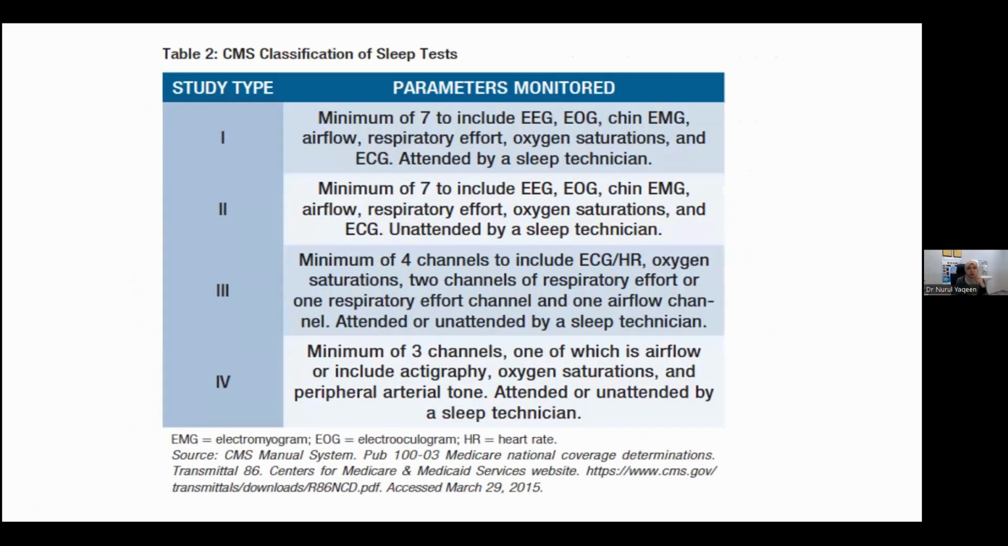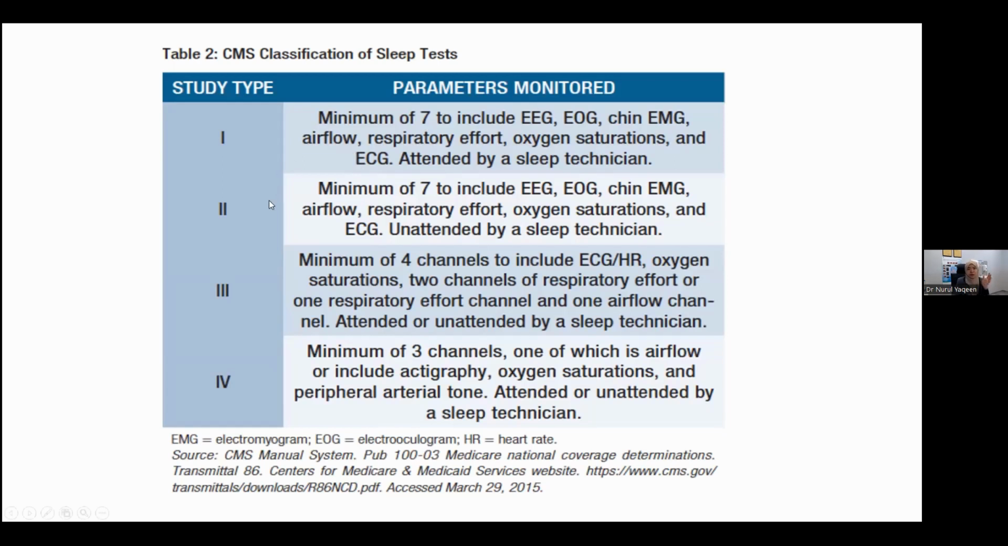Okay, so this is again the type of sleep study that I mentioned earlier. We have type 1, type 2, type 3, type 4 sleep study. The gold standard, the most comprehensive, the best sleep study is type 1, which is done in the sleep lab attended by a sleep technician. Include minimum 7 parameters, include EEG, EOG, chin EMG, airflow, respiratory effort, oxygen saturations, and ECG